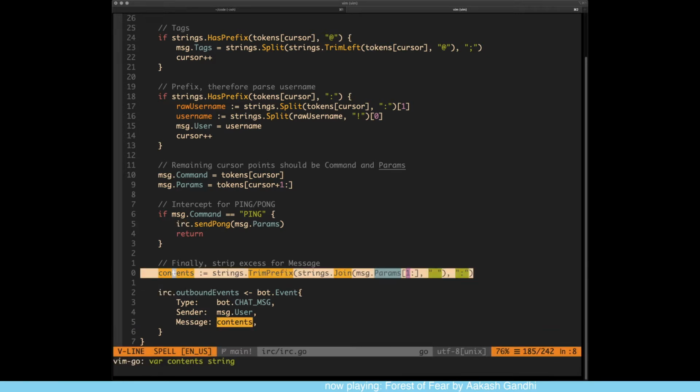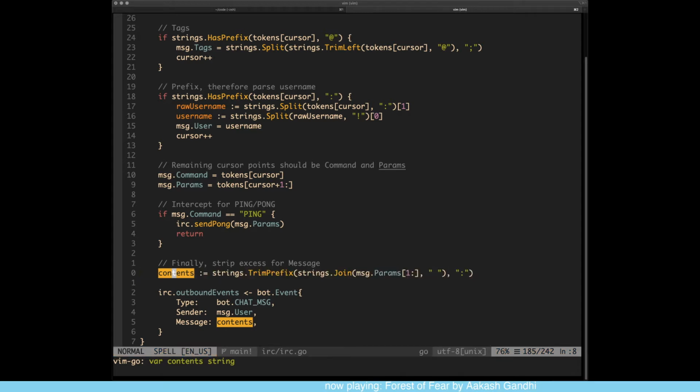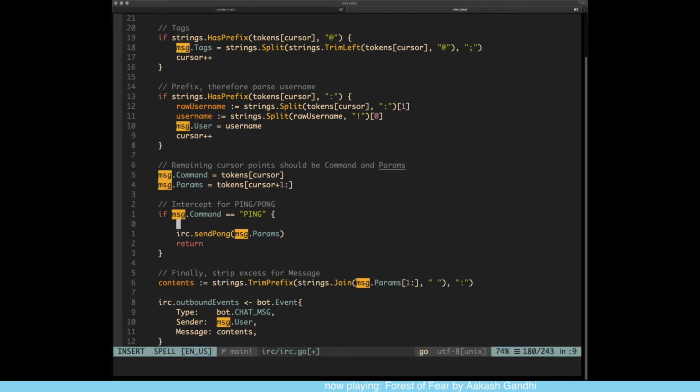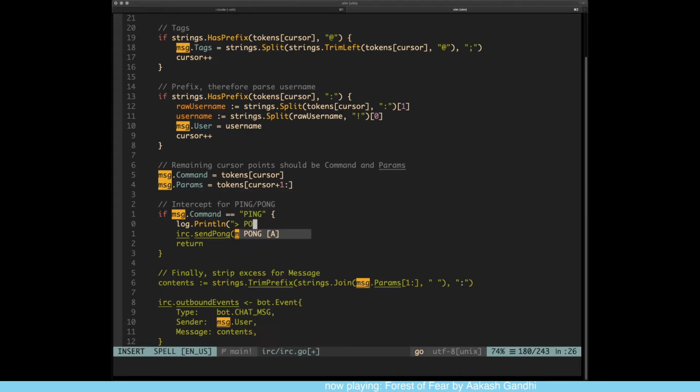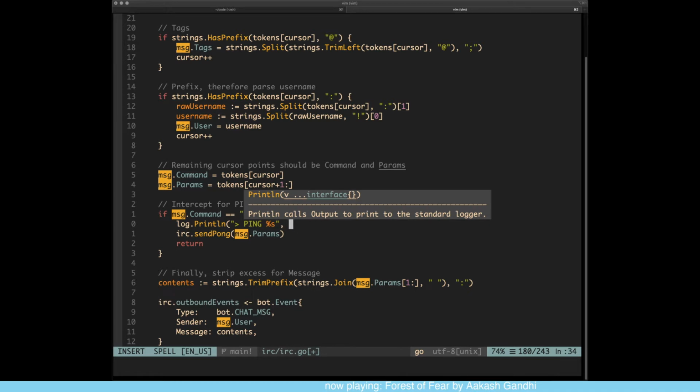And I did do some testing off of camera just to make sure that this was continuing to work for ping pong. Confusingly, you will see the pong message, but you will not see the ping message. And so what I would like to do is add a log.println. And here we would like to say ping. And we could also include, let's do that. So ping and then